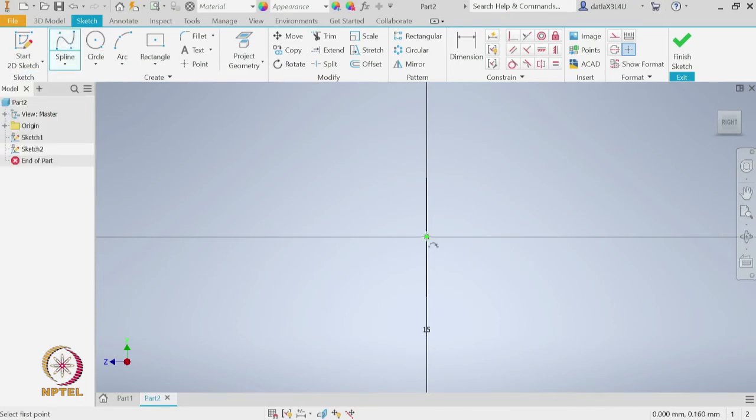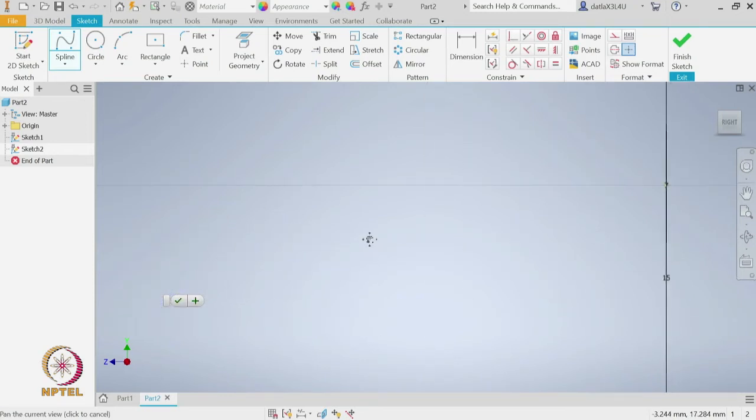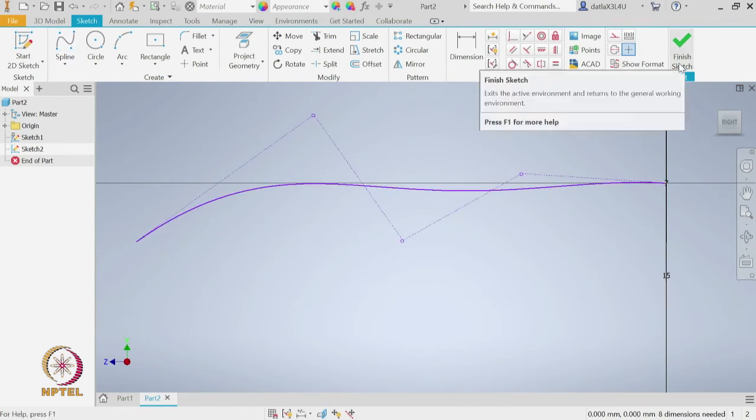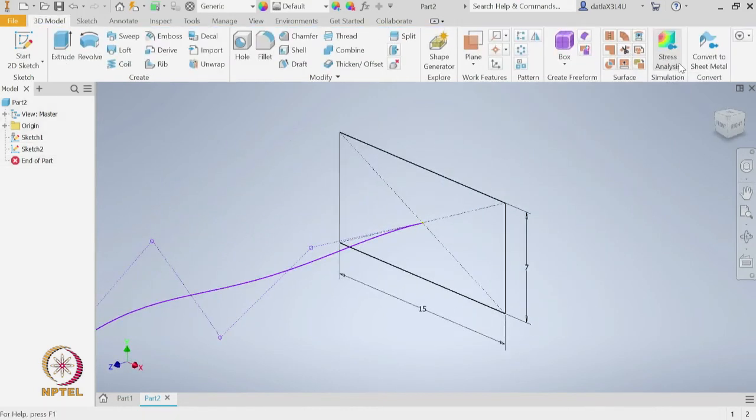So, we will start with the origin which is the center of the profile we have already created and then create a curve. Okay. So, let us complete this spline and finish the sketch so that we have defined the spline.